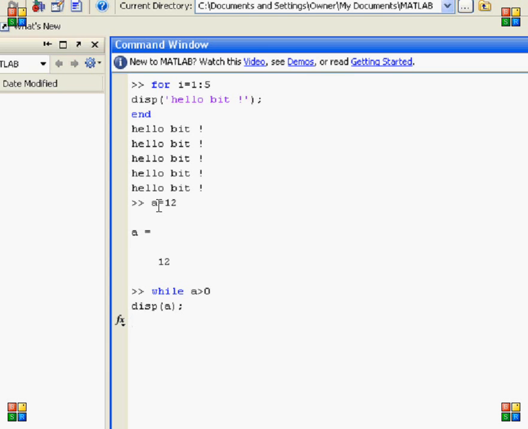As I am using a in my while condition, I am going to make a change in a so that I can achieve my goal. So a is equal to a minus 1. Every time the value of a will be decremented, so that 12 goes to 11, 10, 9, 8 up to 0, and the condition will become untrue, and we will get out of the loop. So now I want to end the loop. When I press enter, you will see the result.